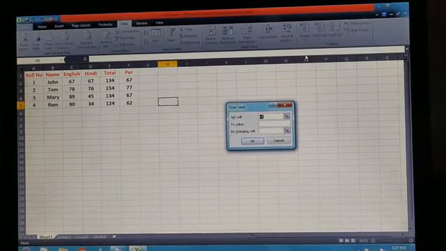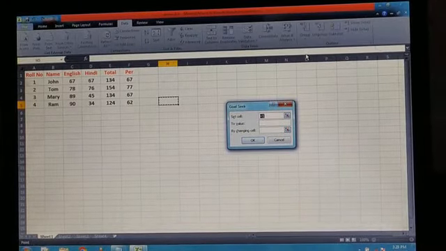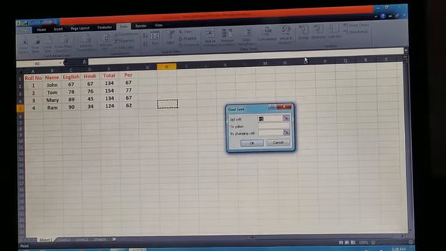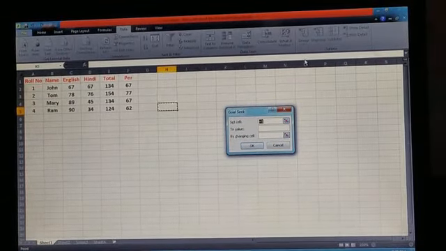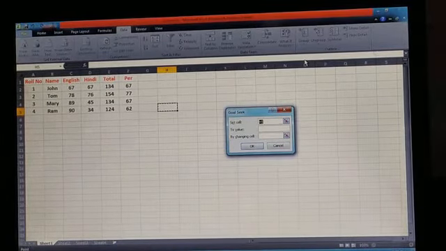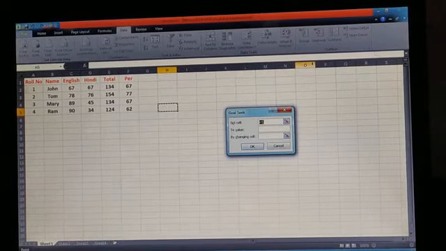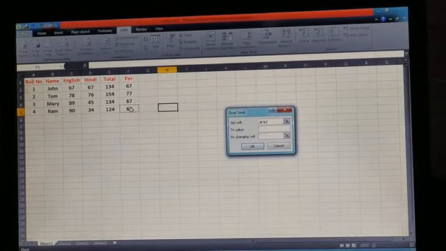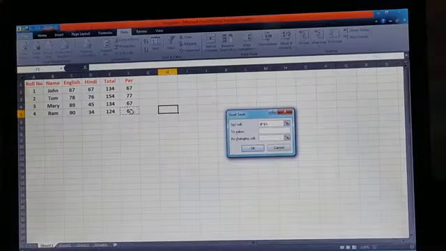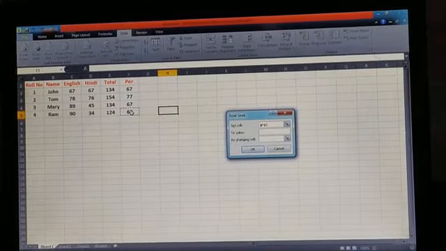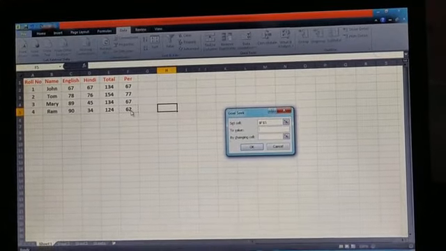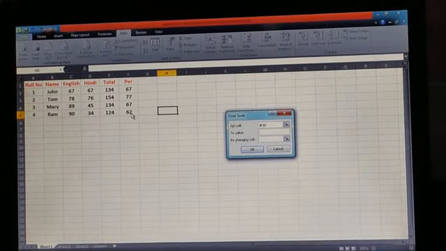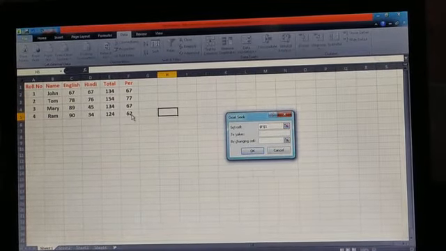Yes, after clicking the goal seek option, you will get this dialog box that is called the goal seek dialog box that will appear on your screen. Okay, so in set cell you have to define the cell address, that is F5. This is F5. So you have to click. This will be automatically selected. Okay, in set cell. After that you can press the tab key, and in the value option you have to put the value that is 90.